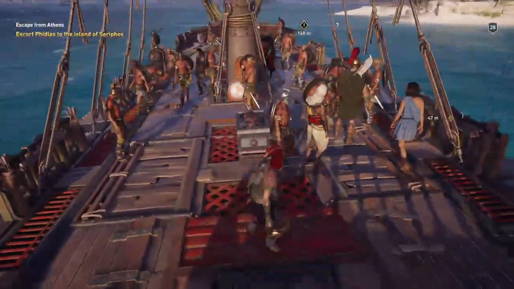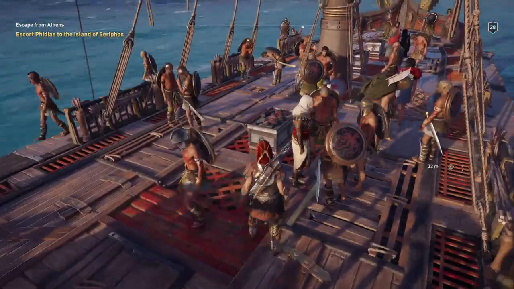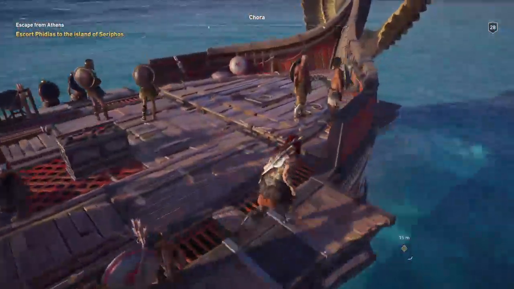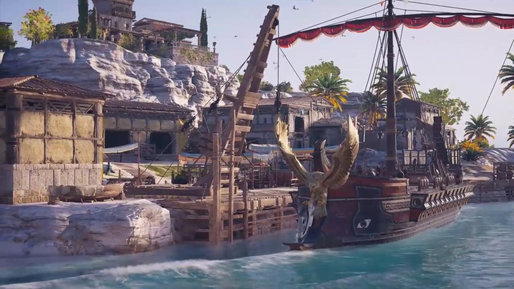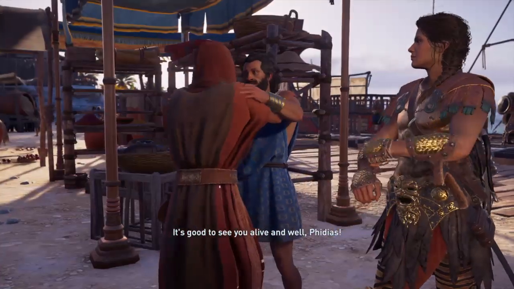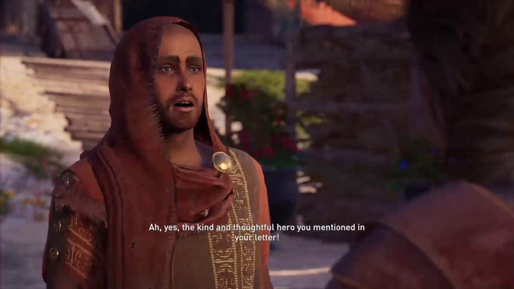You can recruit people to be different lieutenants for you. So instead of just killing all of your enemies, if you knock them out, once the fight is over you can offer them a job on your ship as a lieutenant. And so you have a certain amount of slots for lieutenants, and each one has a different specialty, whether it's increasing the efficacy of your arrows and javelins, or giving your rowers more endurance.